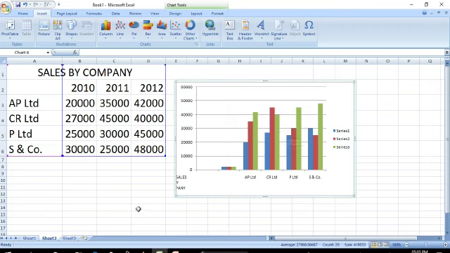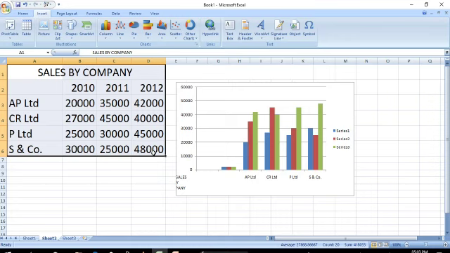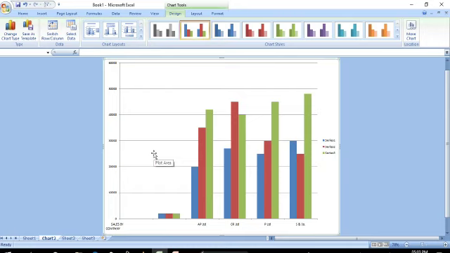Before that, you just select the data for which you are going to create the chart. You select the data range, then you press the F11 function key. Automatically a separate chart sheet is created and it is available on the sheet tab. Okay, see now this is the chart sheet.